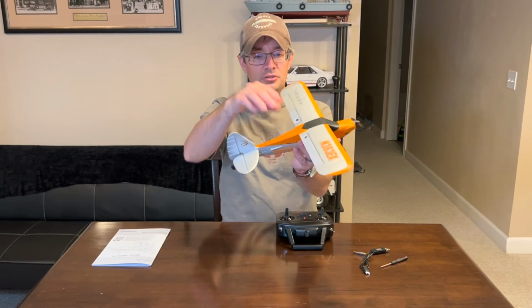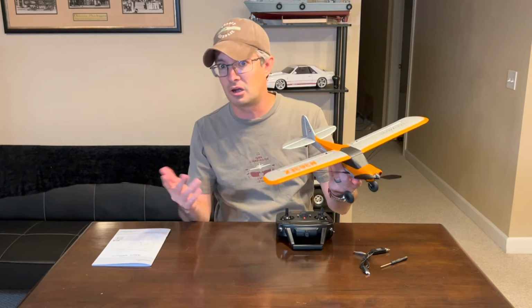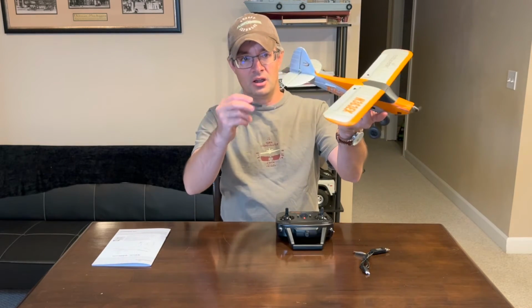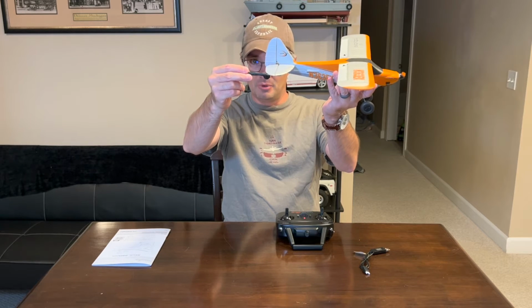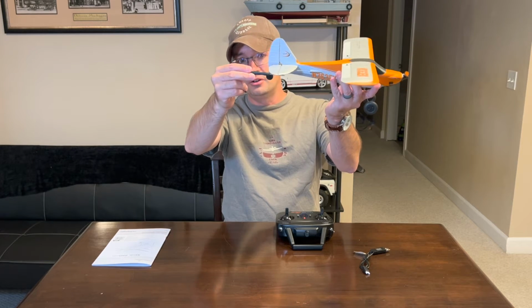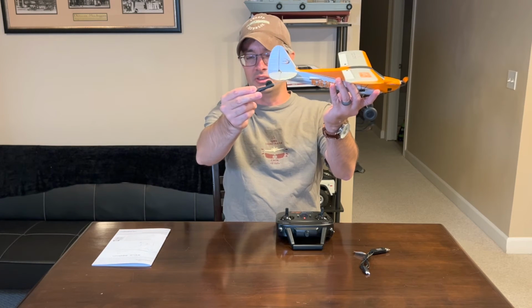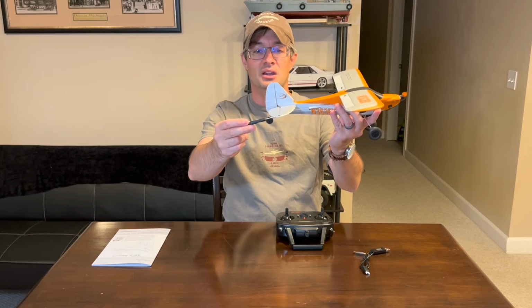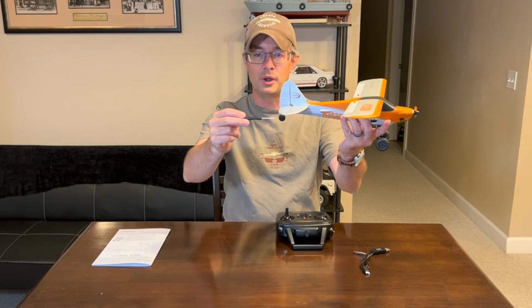The next step here is you can use a straight edge, a credit card, or a business card. We're just going to use a screwdriver here because I forgot to get one. I want to lay this on the bottom of the elevator and make sure the elevator and the stabilator are indeed in line with each other. If you saw my video on the Mustang, you saw that the elevator was in the down position, most likely just got bumped in packaging or something, and I want to make sure that that is perfectly straight